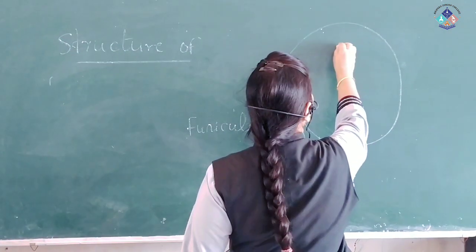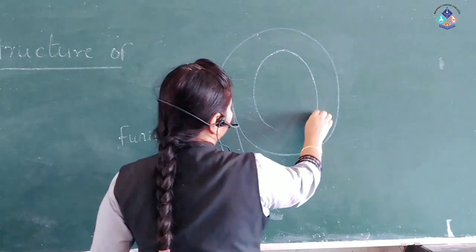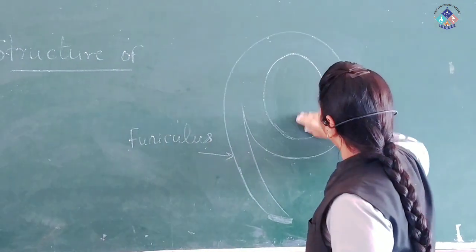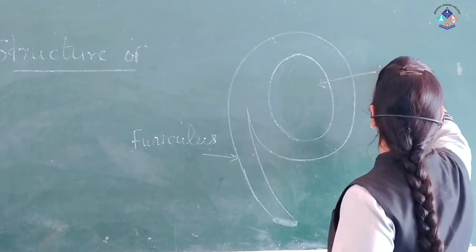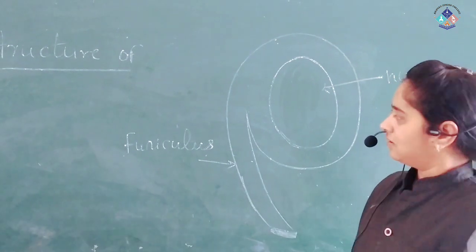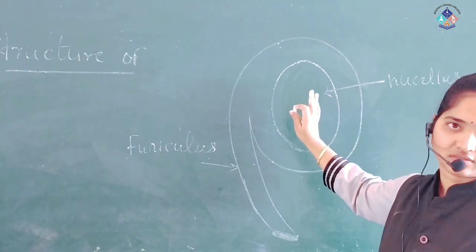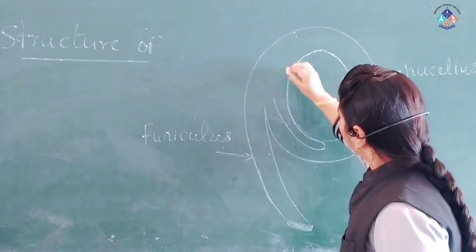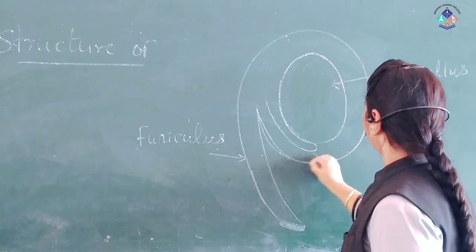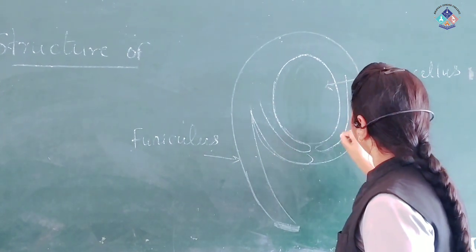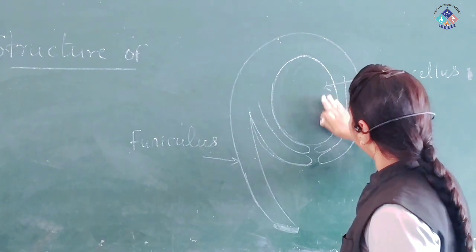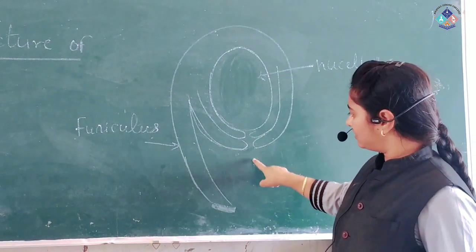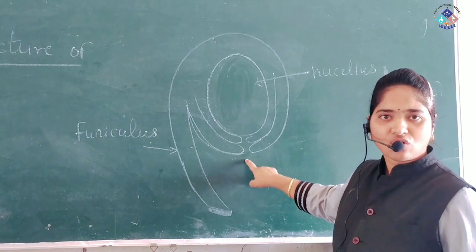Body contains main central part which has parenchymatous cells, and this complete part is called nucellus. Don't confuse. It is called nucellus. Okay. Now nucellus is covered up everywhere by two coverings. Here you can see covering. Nucellus is covered everywhere except one opening. Here you can see some pore is there, one hole is there, and this is called micropyle.